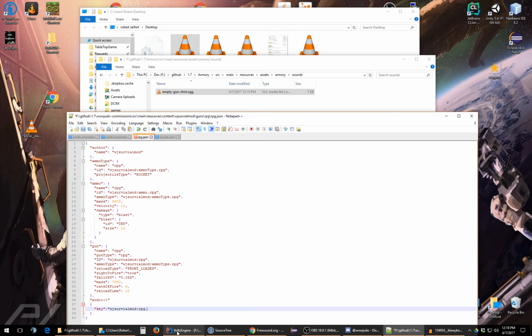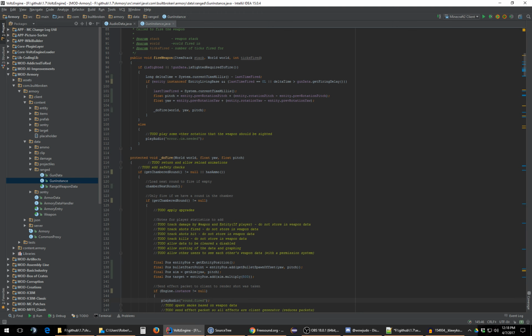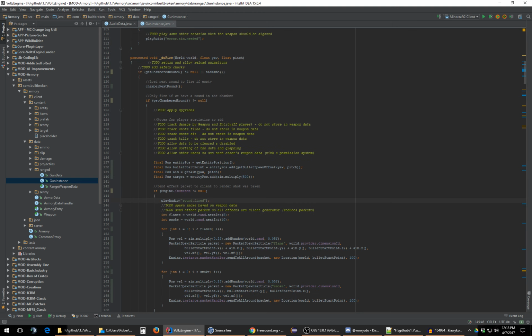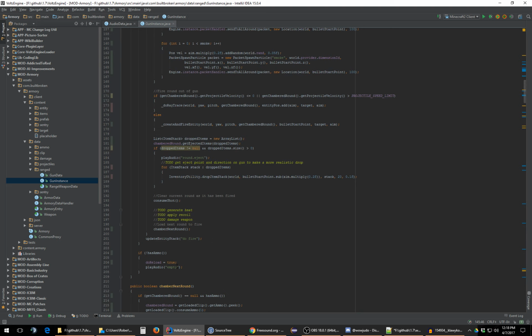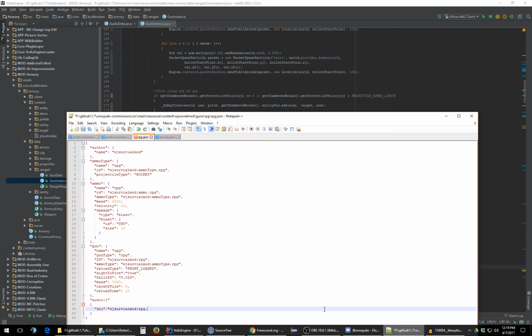And then it's going to be whatever we called empty gun. So there's aim needed, there's fired, and there's empty. So it's just literally .empty. And that'll be our key. Then our domain will be the armory mod. And then our name,